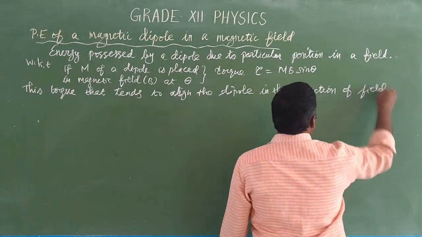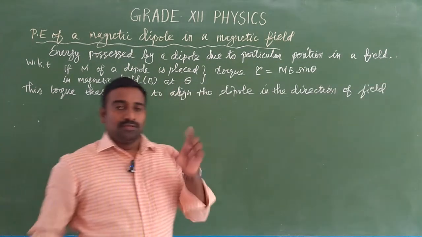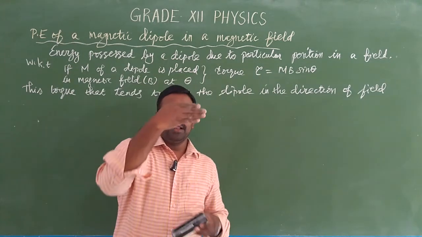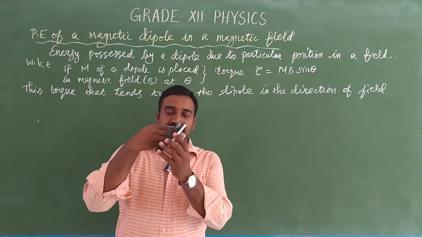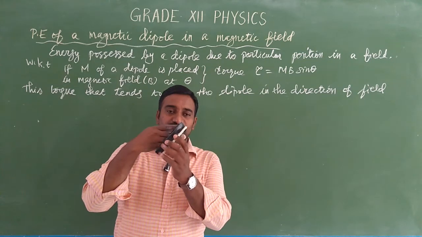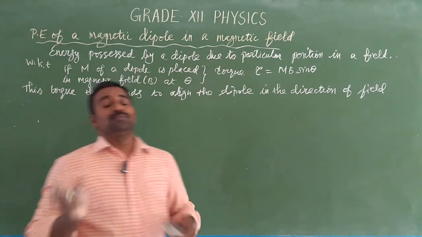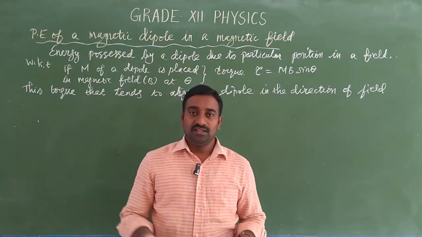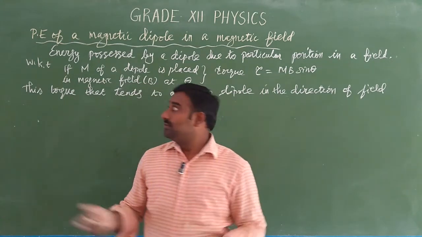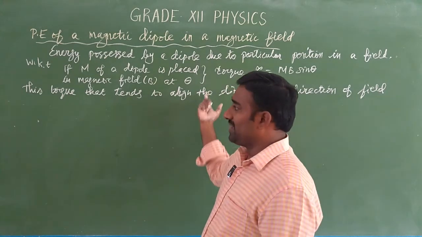That means it is the same concept as before. This is an external magnetic field, and in it we have placed a dipole. So this dipole experiences equal and opposite forces, so there is a turning effect. The two equal and opposite forces produce a couple here too. So that couple is due to the torque.